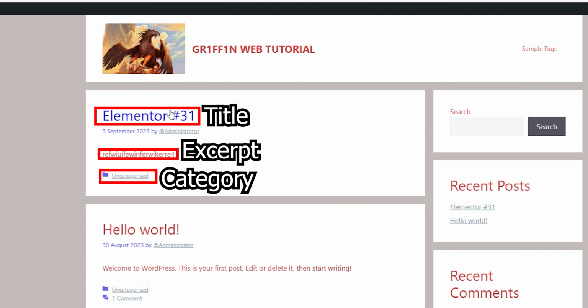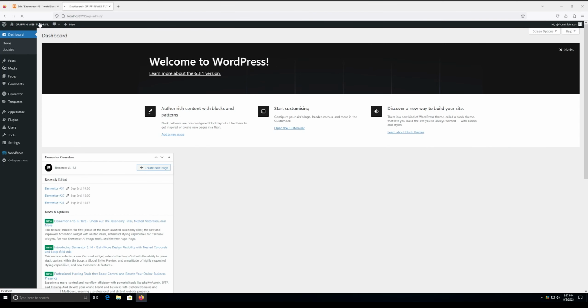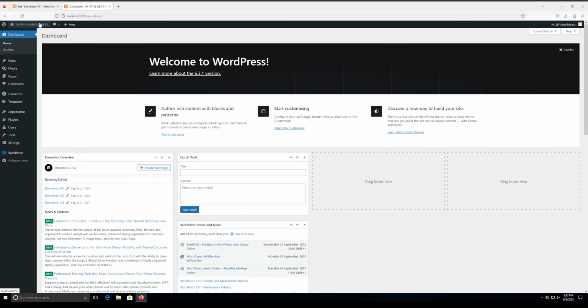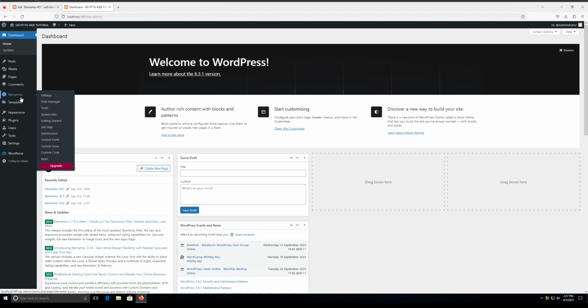Now, the one theme I recommend having is GeneratePress. GeneratePress is the easiest theme and the fastest theme you can use. The reason? Because it's very lightweight. I use it for both my websites and also the business website I was talking about. I have that as well. So if you go to themes,